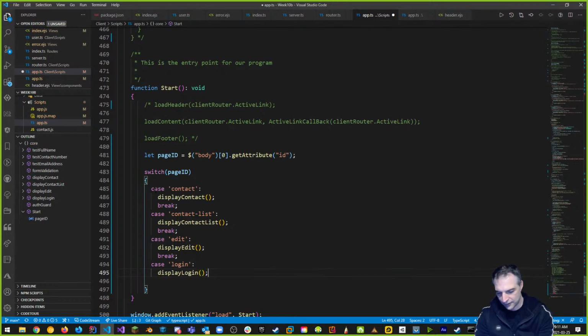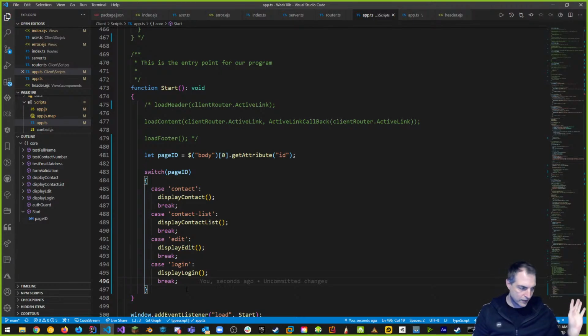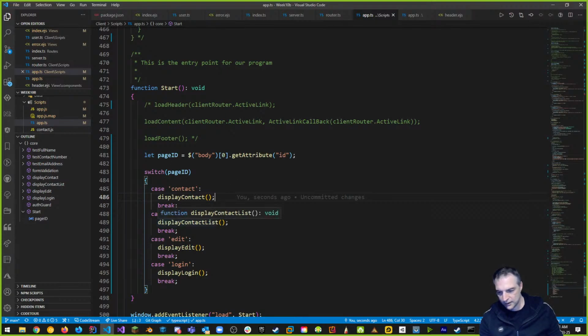So those are going to be the only things that I care about, because those are the things that I want to do here. Any kind of forms or stuff like that that I want to validate on the front end. All right. Back end validation we haven't touched yet, but we can do that too. All right, so that is what we can do. We can switch on page ID and do this, but remember, this isn't even going to load unless I add it into my